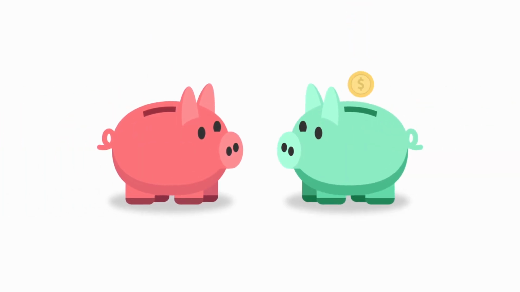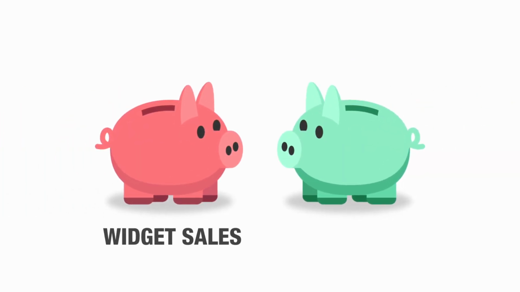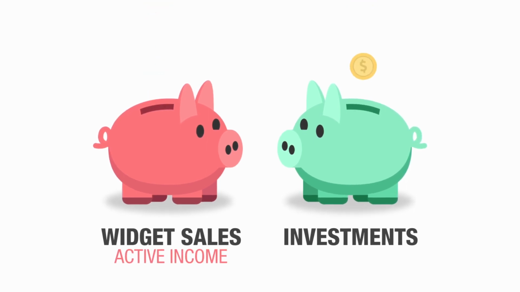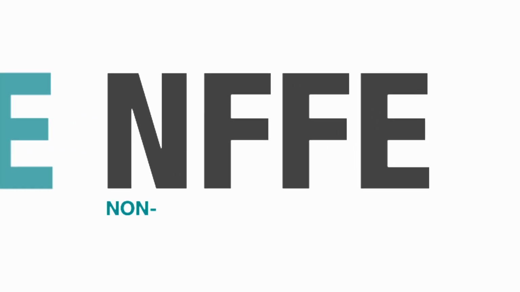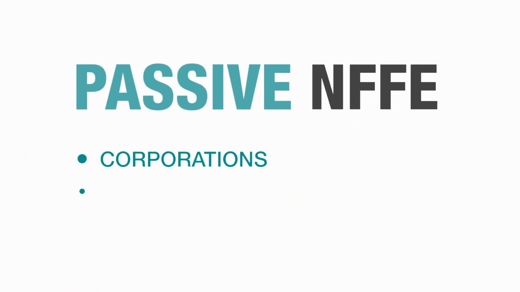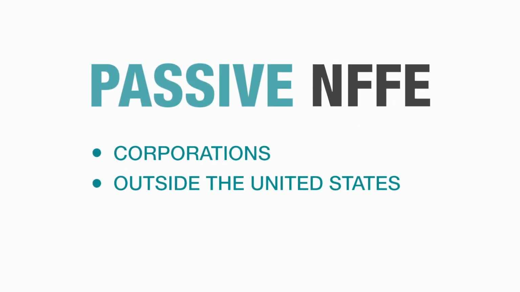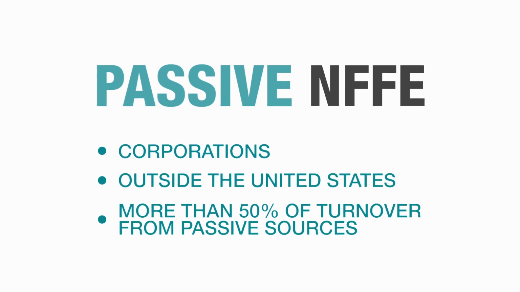So some of that money from making widgets gets put into investments like buying shares, and those shares will have dividends associated with them. Now, those investments are delivering income which is called passive income. So it's not earned income, it's just simply arriving because you bought the shares. So passive NFFEs are corporations outside the United States who are receiving more than 50% of their turnover from passive